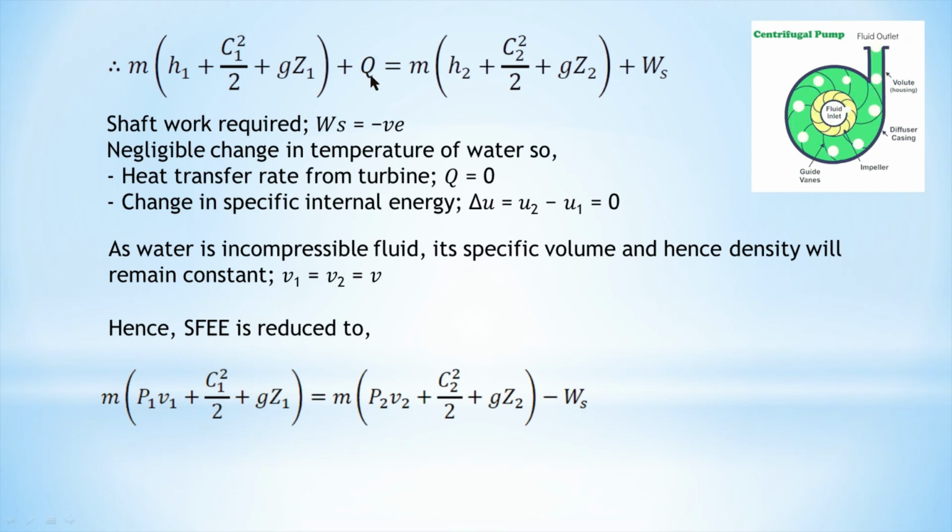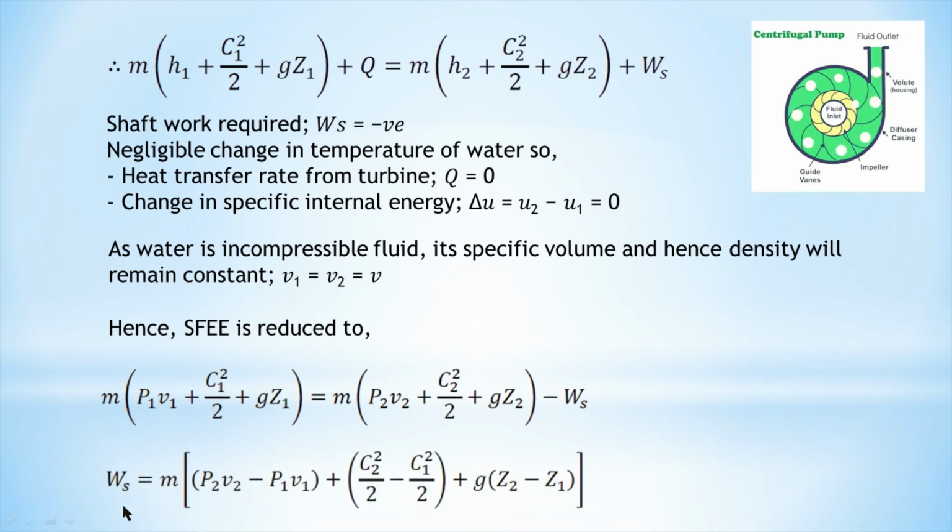Here we are considering there is no heat transfer, so Q is 0, and we take a negative sign because we are doing work on the system. In some applications the centrifugal pump receives power from an electric motor, or in some agriculture applications from an engine. So it is a work input device, not a work output device. For a work input device we consider a negative sign. So this is the equation of work done.